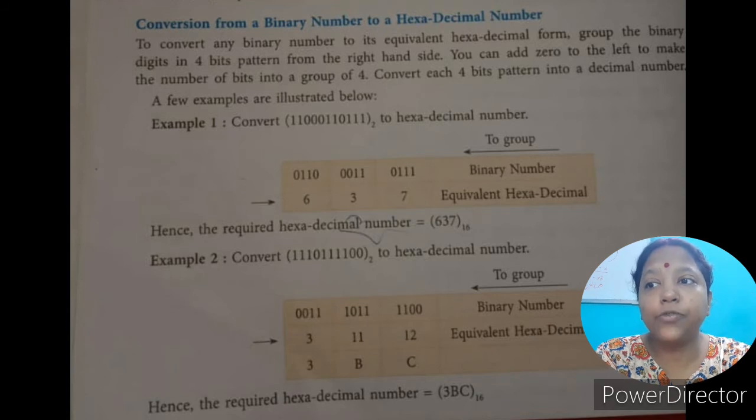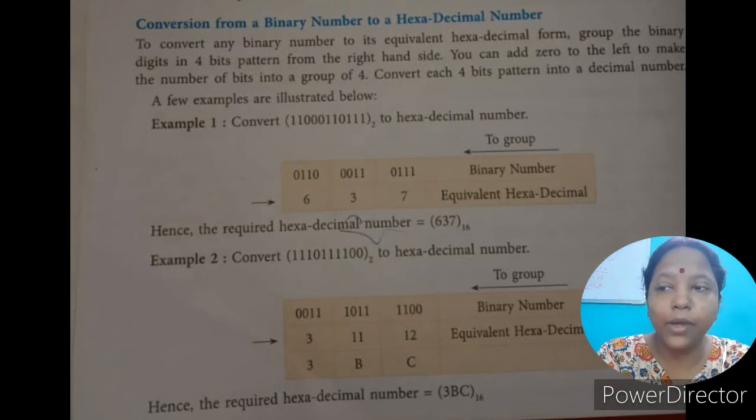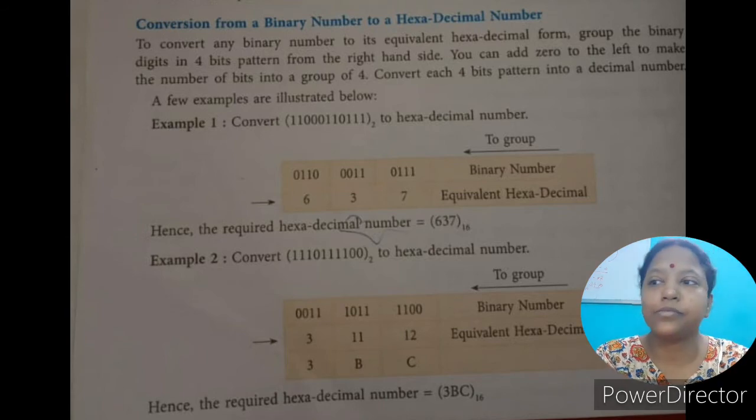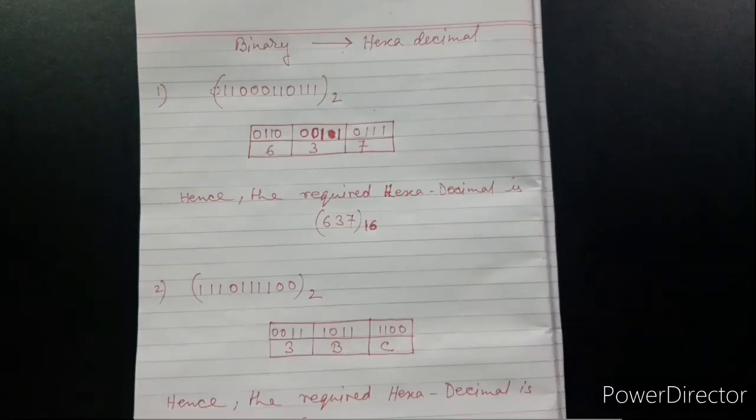Convert each 4-bit pattern into a decimal number. So the second step is we have to write the decimal equivalent of these 4-bit numbers. Okay, let's start the conversion. Binary to hexadecimal number. Now the next conversion, binary to hexadecimal conversion. Our first binary number is